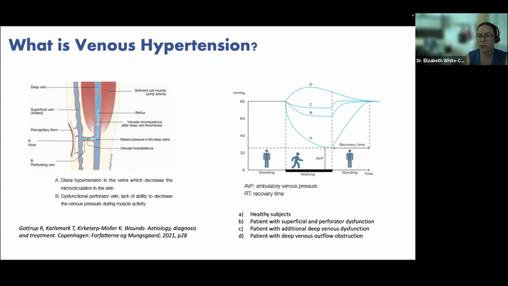And then the thing to really take into account is if there's any deep venous outflow obstruction. So there are people who, with obesity, may have that really large pannus, or people in really bad heart failure, kidney failure, liver failure, where again, they're having that outflow obstruction, or a DVT that's at the level of the groin. These are all things where actually the pressure will increase. So that's good to keep in mind in terms of setting realistic expectations for healing and intervention and how we help these patients.